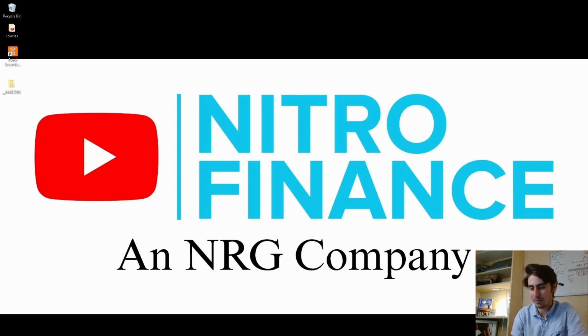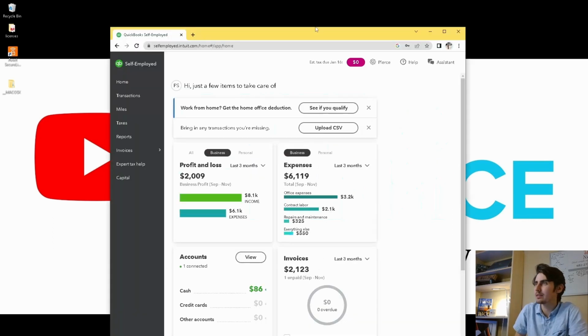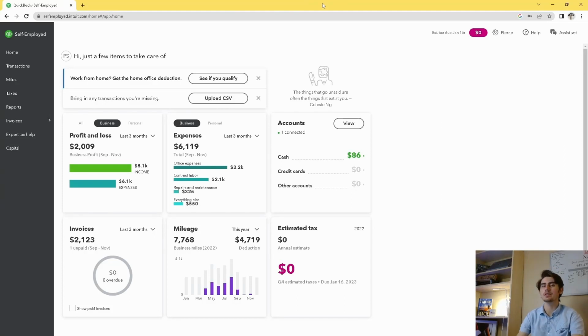But this one I wanted to make because this is a pretty important tool to know how to use. So let's get started. The first thing to do once you get logged into your QuickBooks account,